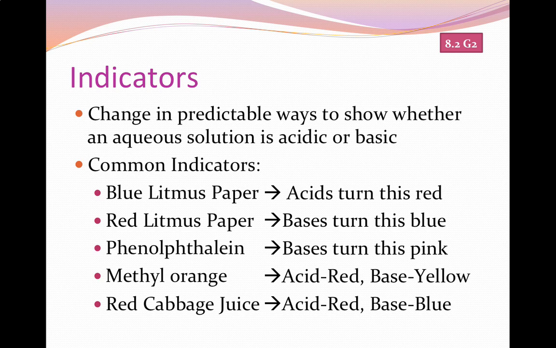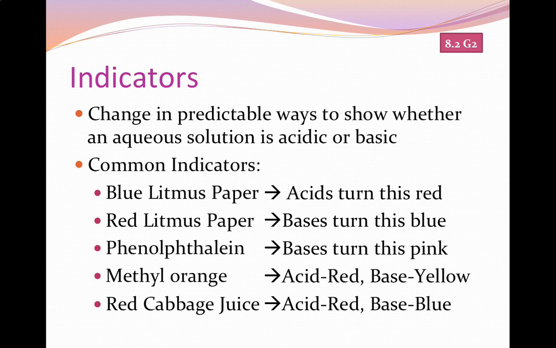So then we get to the red litmus paper, which is starting out as kind of a pinkish color. When I put that in bases, it turns blue. But just like the blue litmus paper, if I put it either in an acid or in a neutral solution, it stays the color that it was before. So it's a good indication for if I have a base, but I can't tell the difference between neutral and